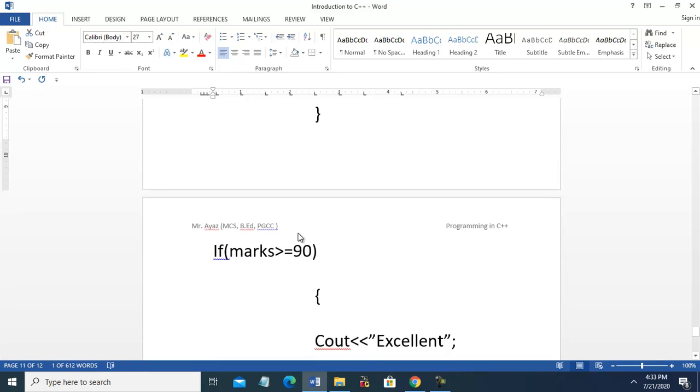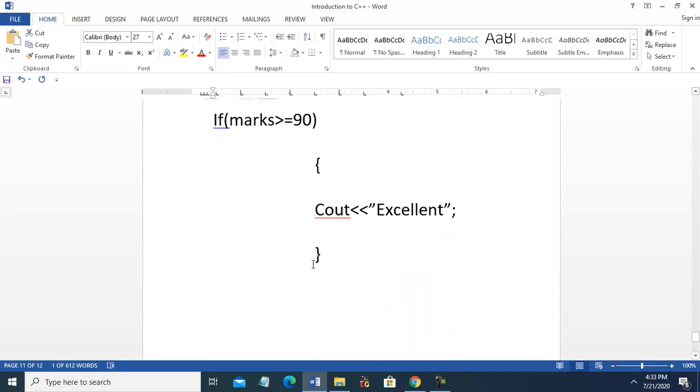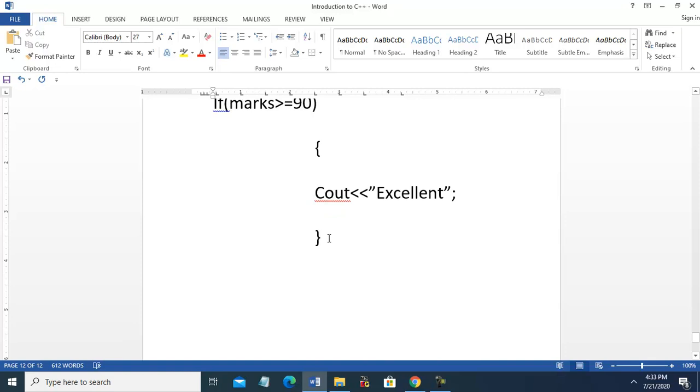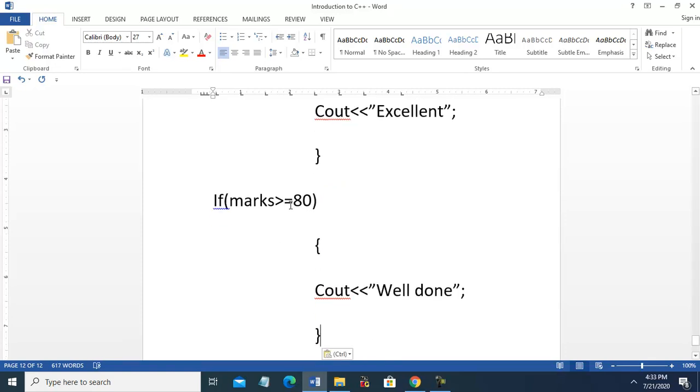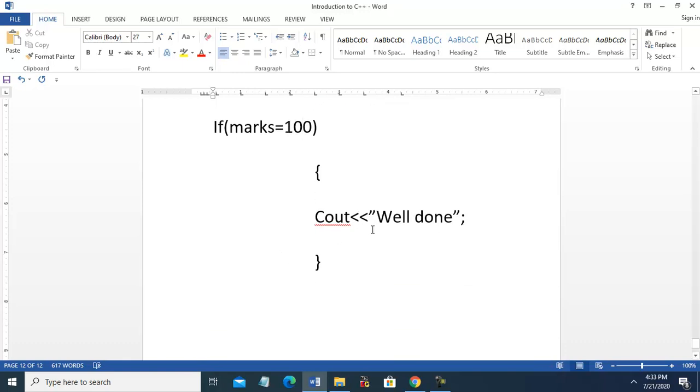After that, it will come here. Marks greater than 90, no, it will ignore this part. And again, if marks equal to 100, then another message, for example, high grade.